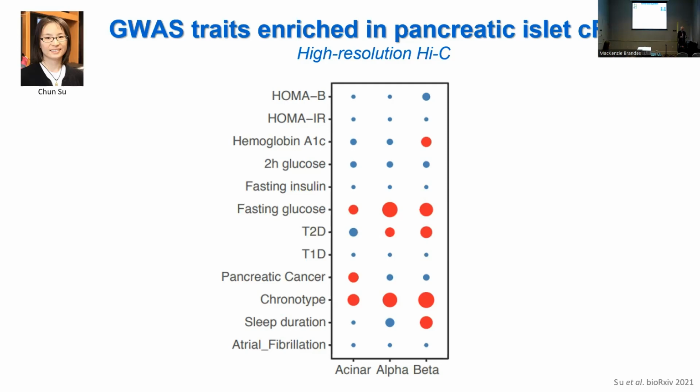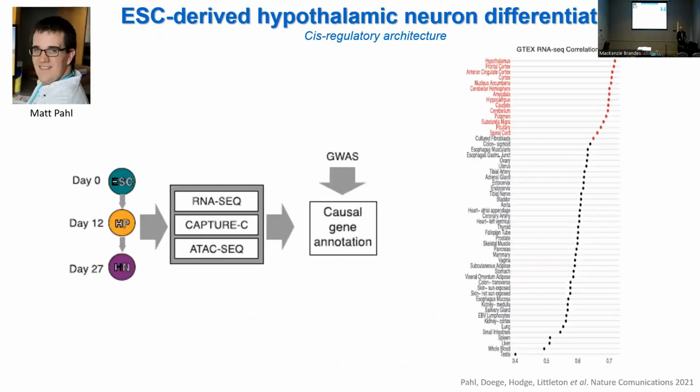And again, we're in the midst of this paper being in peer review, but once that's reviewed, we'll make the data available, and that'll of course go straight to the portal. One data set I think we've sent to the portal, and if it hasn't, I apologize, but it's publicly available. It's hypothalamus. And so Sheridan Littleton, who's at the back there, and Matt Paul published this paper in Nature Communications